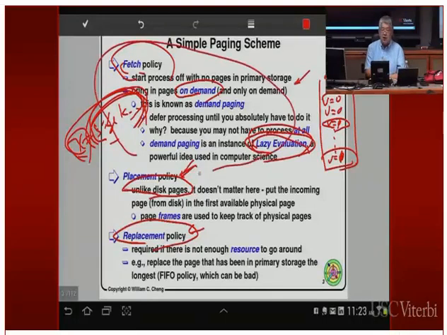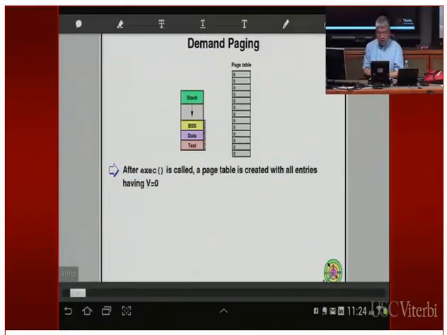Once you decide that the fetch policy is on demand, there's really nothing much to it. You set v equal to 0 for every page and bring it in as you need it. Placement policy is very, very straightforward. So it turns out that the replacement policy is where some of the complexity comes in. It is a little bit tricky to decide which one. I sort of mentioned this with the translation lookaside buffer: if you have a miss and you try to bring something in, and you have a set associative translation lookaside buffer, you need to decide which one to throw out. Well, that's the same kind of problem. So those are the things that we're going to look at in the beginning part of this slide.